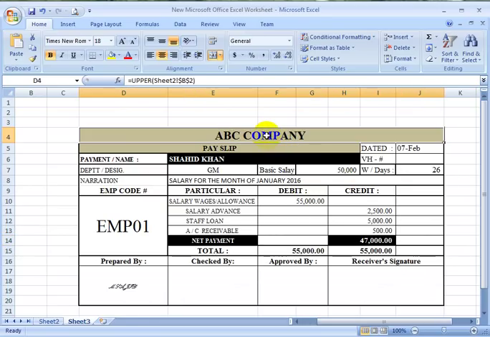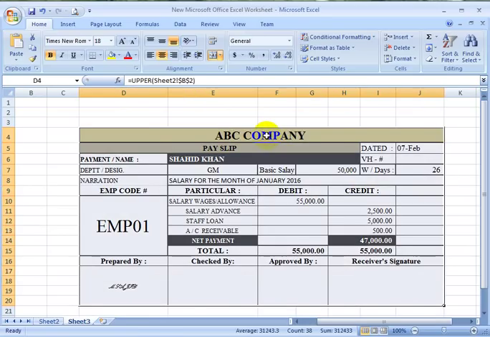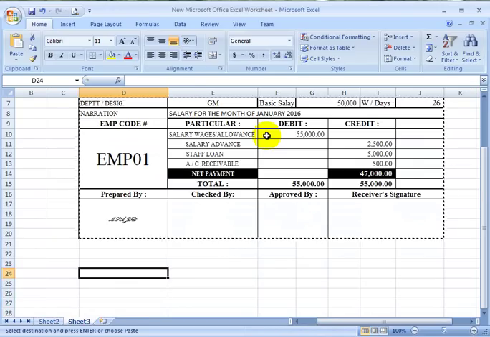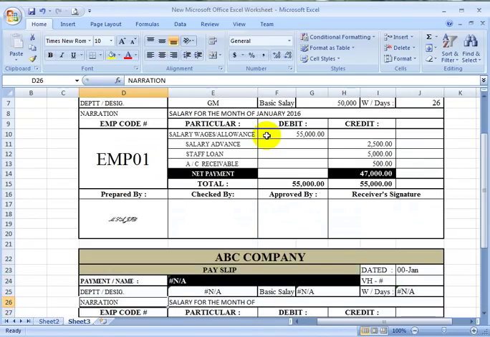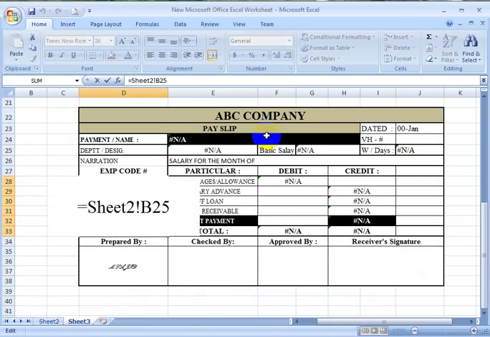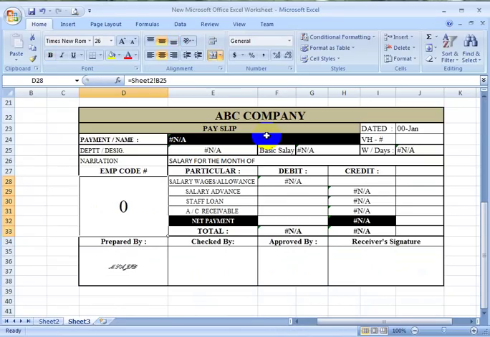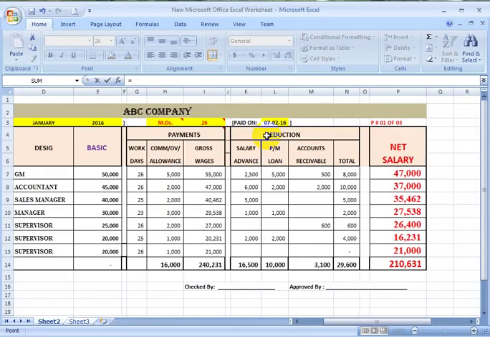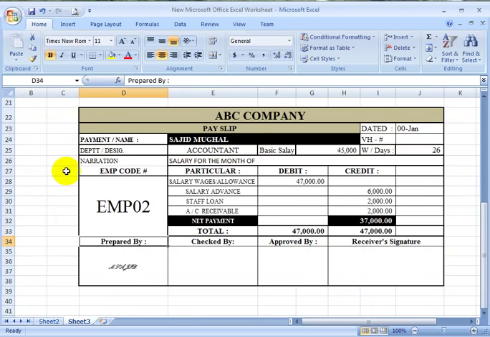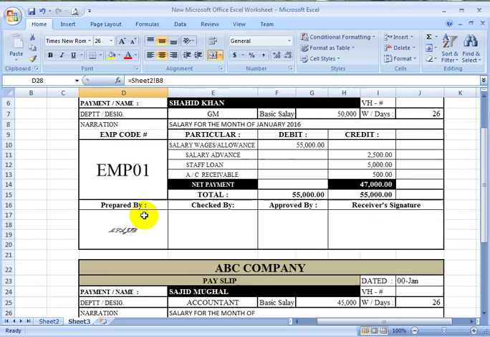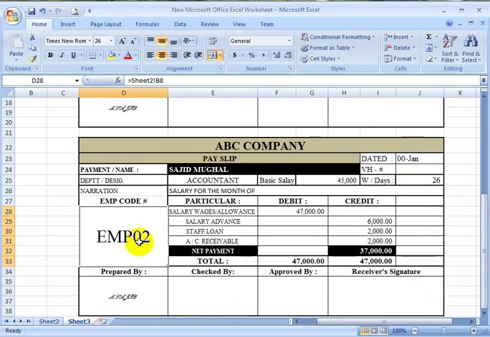Now I am going to just copy the other and paste it here and change the employee code to number 2. Yes, I have just written number 2.